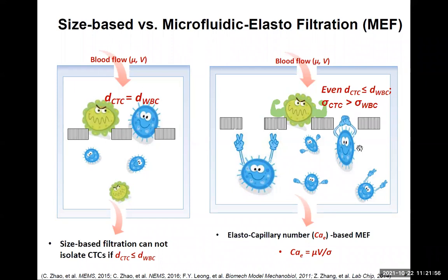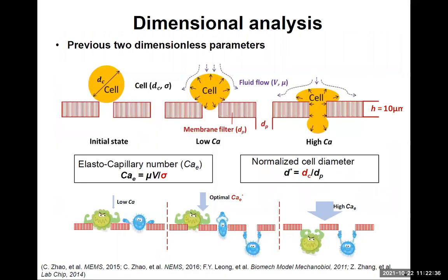And in my lab, we try to do a large number of studies on different kinds of cancer cells, and by doing a preliminary study and introducing this kind of mechanics, we do a large number of experiments with different kinds of cancer cells, and then using dimensional analysis in fluid mechanics, we confirm an interesting new parameter, right? We call it CA, the electrochemical number. Basically, it is a ratio of two forces, viscous force divided by cell electric force, spring force,